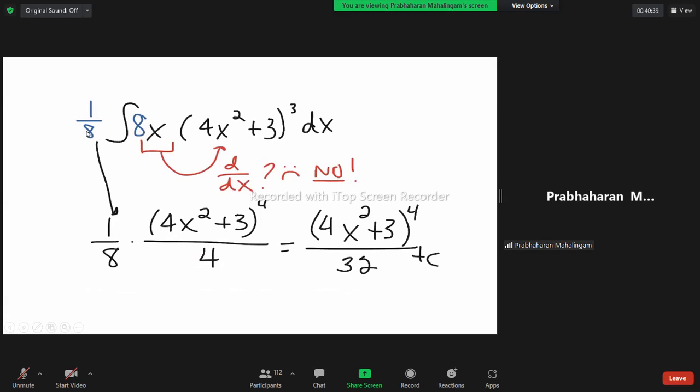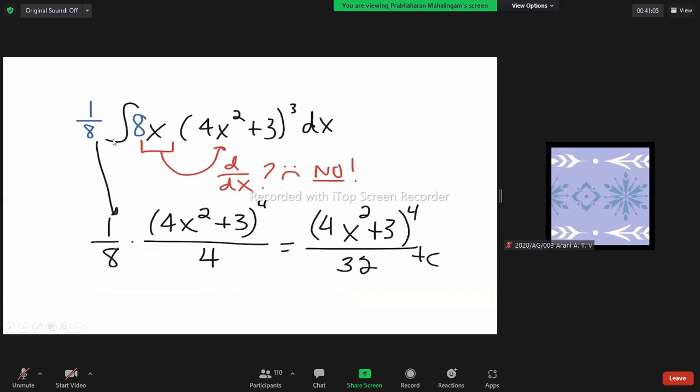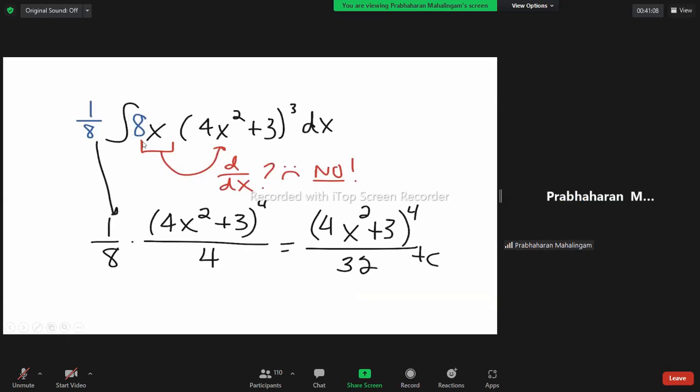Normally, multiply by a constant, divide by a constant. Multiply or divide by a constant rule. This is very clear. Why do we put 8? So many numbers there. Why do we put 8? You see, 4x square. What is the differentiation of 4x square? Hello? 4x square. What is the differentiation? 8x. 8x will be nearby. But here x is there, 8 is not there. What will you do? Suppose x is not there, you can't put x.